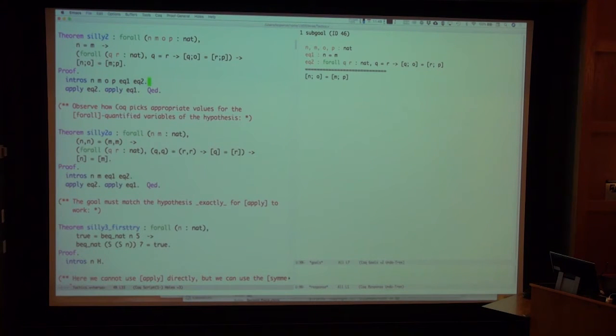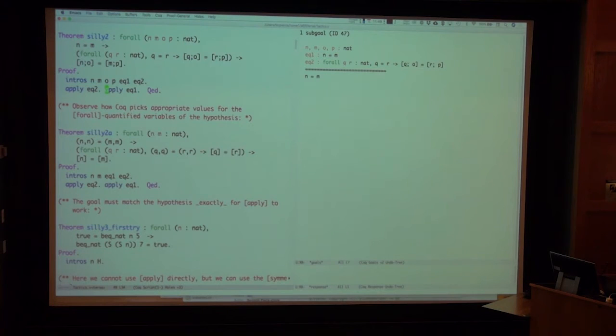Because the goal has an N and an M in it, and EQ2 has a Q and an R in it. But Q and R are universally quantified in EQ2. EQ2 works for any Q and R. So I can apply EQ2, and it solves that unification problem. Because